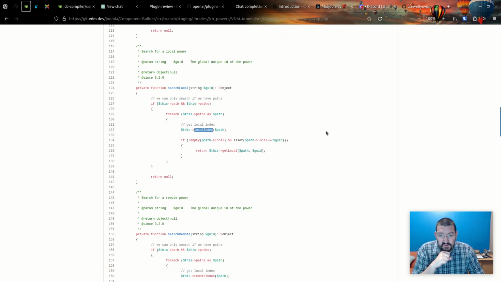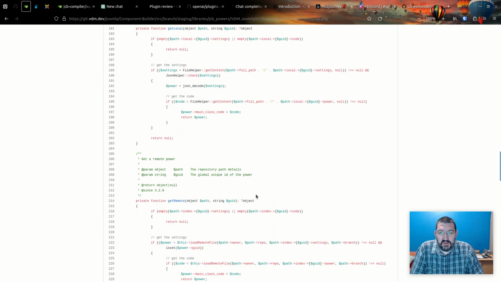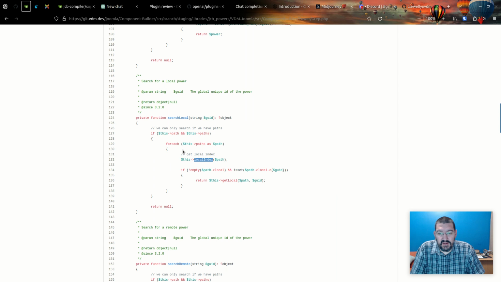So yes, there it is. Local index. This is the function I skipped. That's why things were not making sense. And this local index, it first validates that we do have paths and that we can do the search locally. And if we do, we are indexing